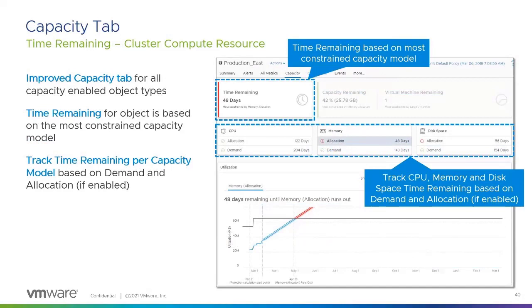So a couple little things I want to talk about from the UI perspective. When you're looking at the capacity tab, this happens to be a cluster itself. The main thing you want to look at is time remaining. Time remaining is looking at, like I showed on the diagram before, the time before you run